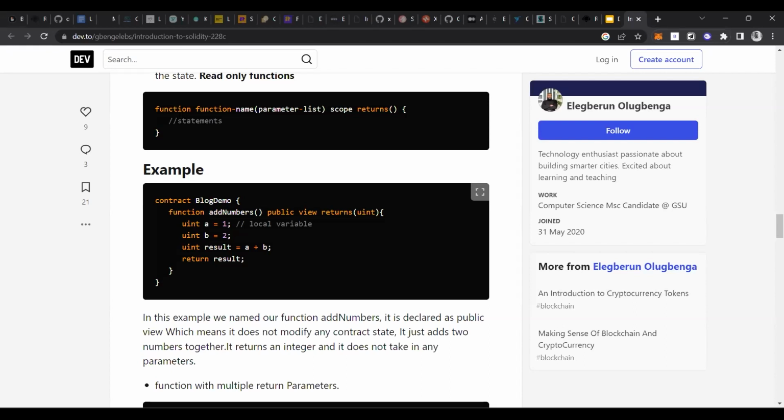Then you have to write view, pure, and payable. There are three keywords here. The view function only gives a view, meaning it calculates and shows only the result. There is no update to the current blockchain itself. If you want to add something into the blockchain itself, you have to give your transaction to the blockchain, and then the view keyword is removed from here.